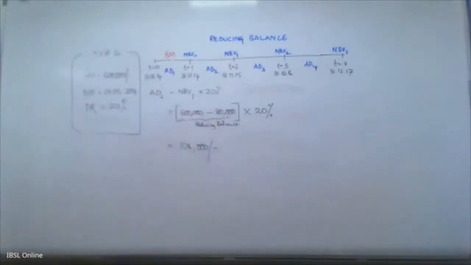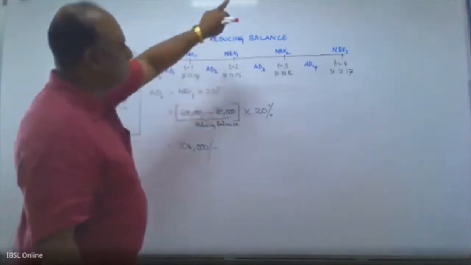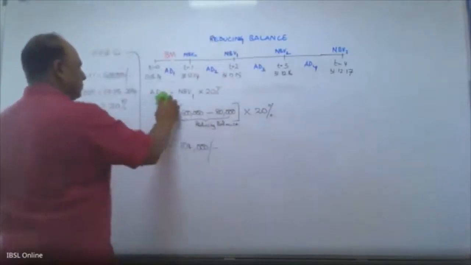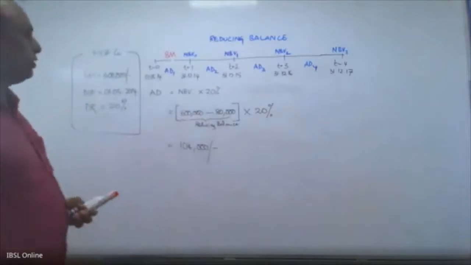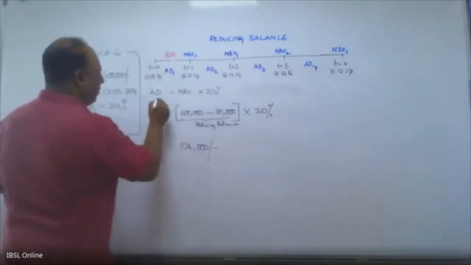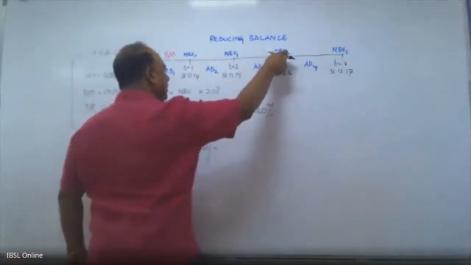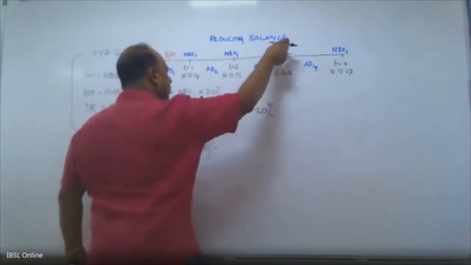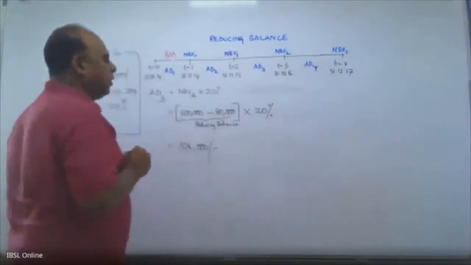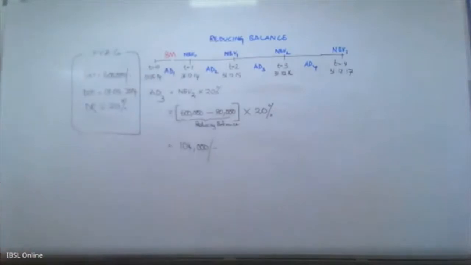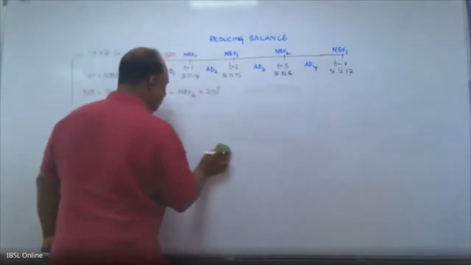Okay. So now we have calculated annual depreciation 1, annual depreciation 2. Let's go to the third one. Annual depreciation 3. Now when you go to annual depreciation 3, that is this point, t equals 3. T equals 3 means you have to calculate the net book value 2. Now what is net book value 2? Net book value 2. That is where the problem is. Now we have to watch carefully.